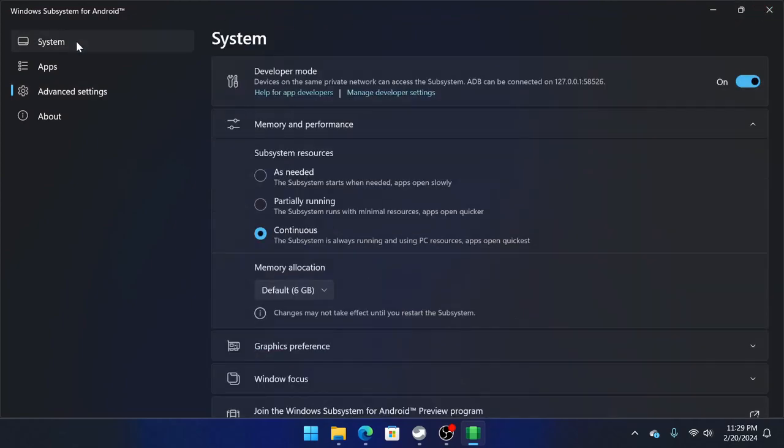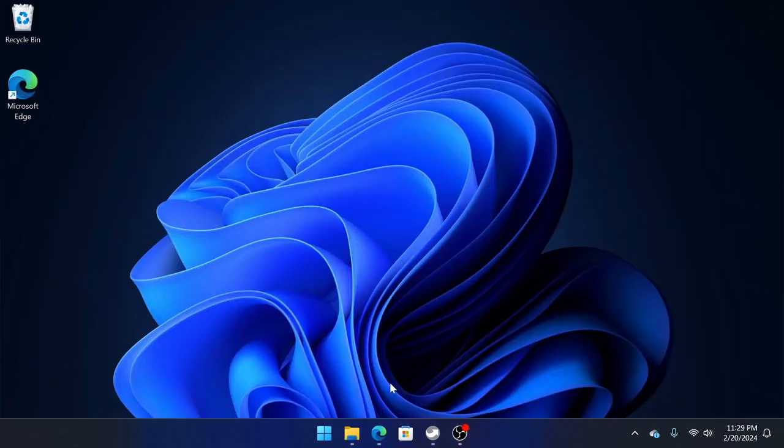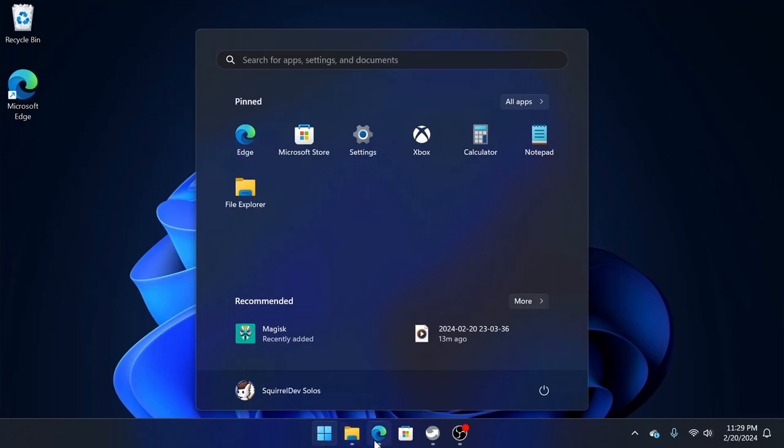So once that is done, you go to System, Turn Off. And this turns off the system and allows you to reboot it when you launch another app. And the reason you want to turn it off is to apply any changes. So now what you want to do is you want to get